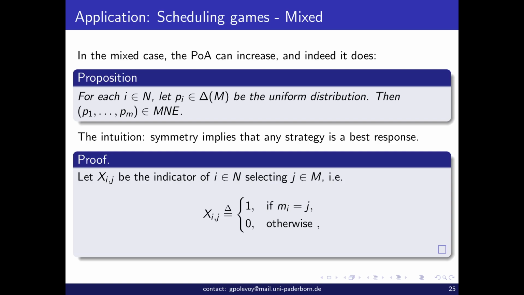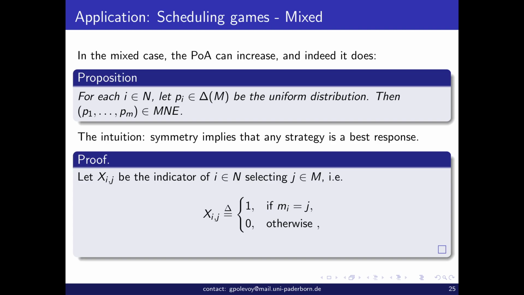And therefore, given any player, any strategy is the best response. Therefore, for that player also being uniform is the best response. Okay, formally, what I just said is pretty much the proof, but formally,